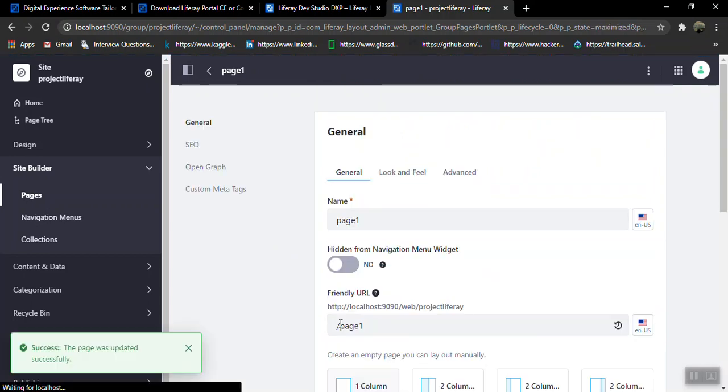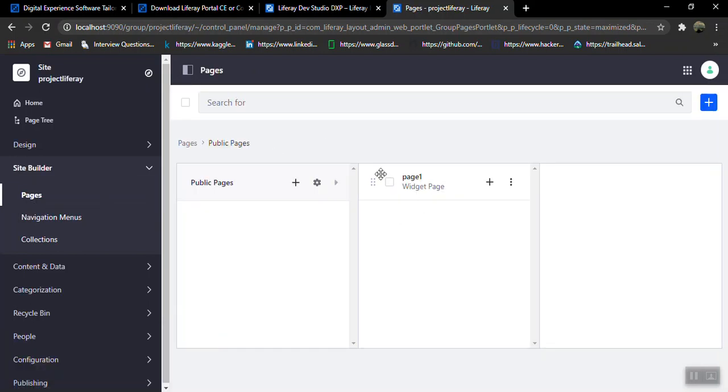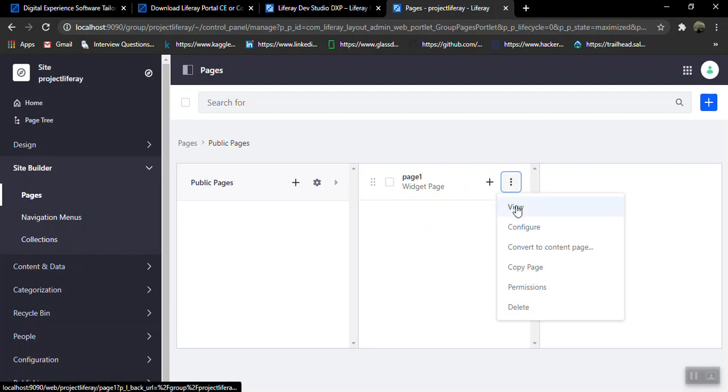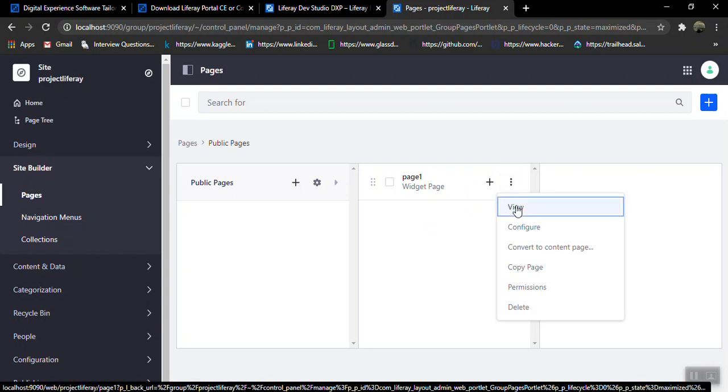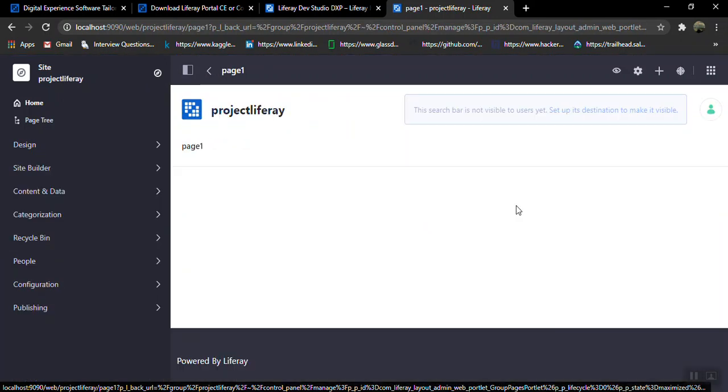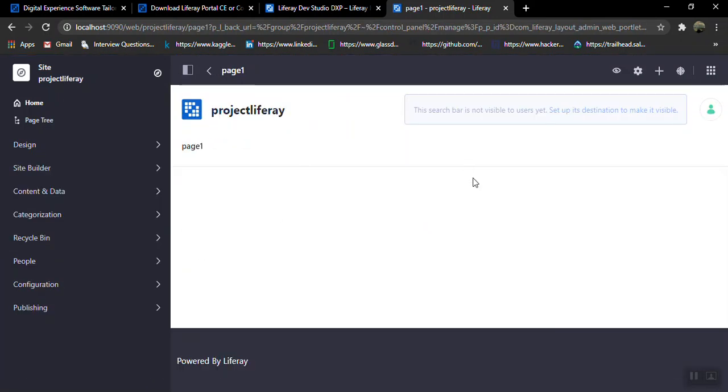My page has been created successfully. I'll go to my pages, and here you can see page 1 which I've created, and I'll view it. Yes, this is my empty page.